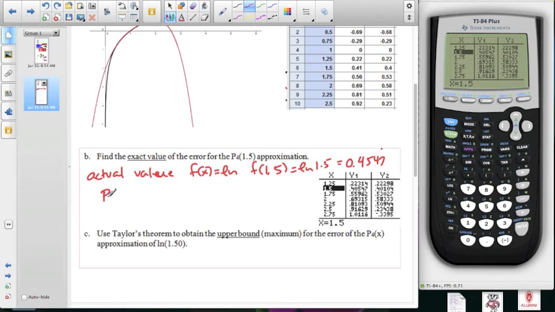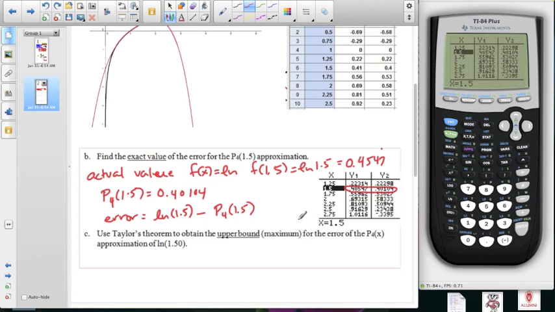And the fourth degree approximation at 1.5 is 0.40104. And so if we look at the exact value of the error, all we have to do is take the value of the function and subtract from it the value of the approximation. And so when we subtract those two numbers, which are right here,